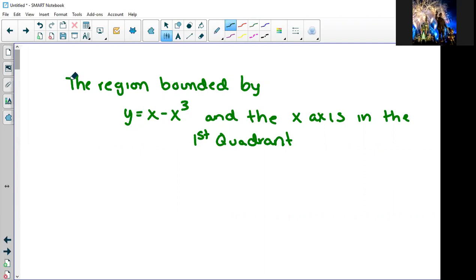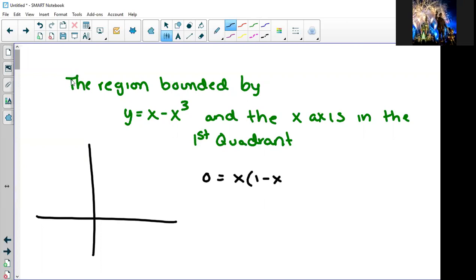Every time we deal with this, we want to make sure that we are actually sketching the graph. So we've got y equals x minus x cubed. Now we have a cubic graph, and whenever we have a cubic graph, especially in this case where it's not just a basic transformation, we've got to find those zeros. So we're going to set it equal to 0. We're going to factor out an x. All right, we're going to get x equals 0, and then x equals plus or minus 1. So here we get negative 1, 1,